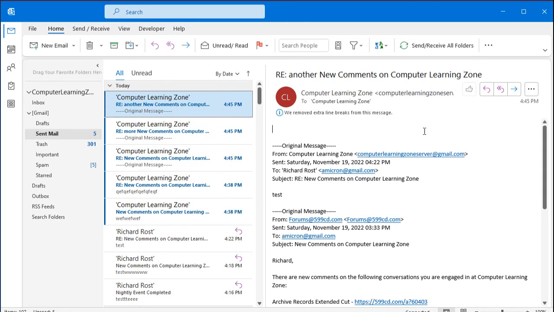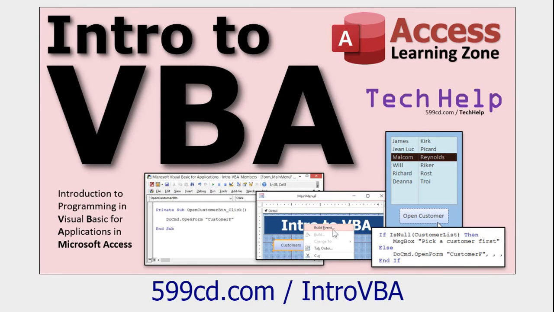And that's why I always say if you learn just a little tiny bit of Visual Basic, you're going to make everything you do, whether it's Outlook or Excel or Word or Access, a whole lot better and easier. Now, normally 90% of what I do is Microsoft Access, but Microsoft Office all pretty much uses the same core Visual Basic language. All right, Word, Excel, Outlook, Access, they all share the same basic core of a language. So if you want to learn more VBA, go watch my Intro to VBA video. This one is specifically for Microsoft Access, but if you're interested in learning VBA that's generic to all of Office,